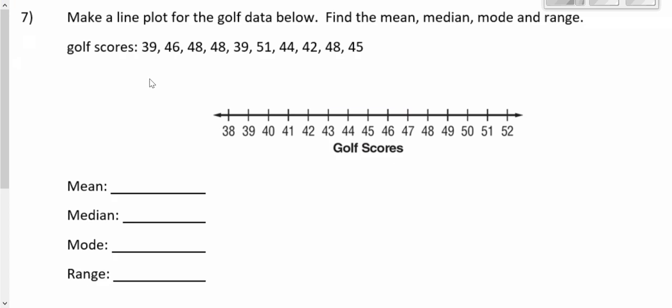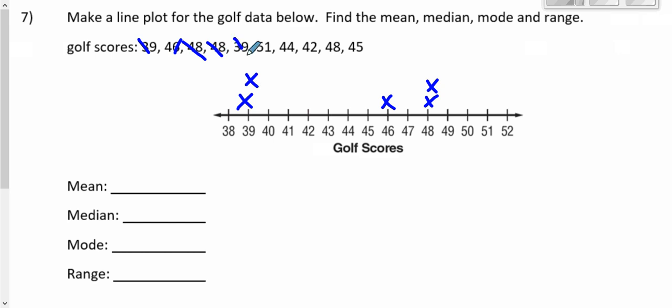Make a line plot for the golf score data below. Find the mean, median, mode, and range for the golf scores. Okay, so here we have golf scores. First, we've got to make a line plot, so that means we have to put our little X's on here. So 39, we have one for 39, and then we have 46, 48, another 48,